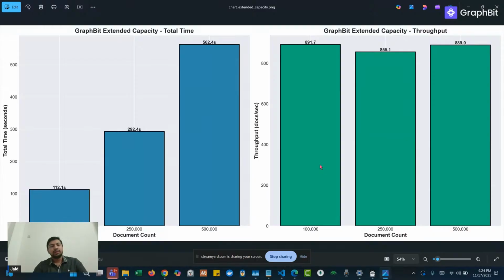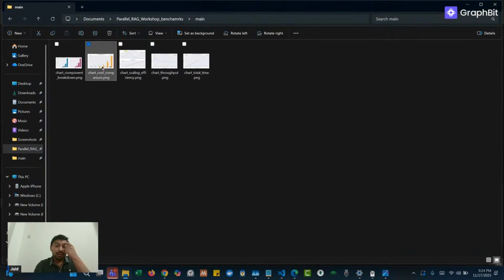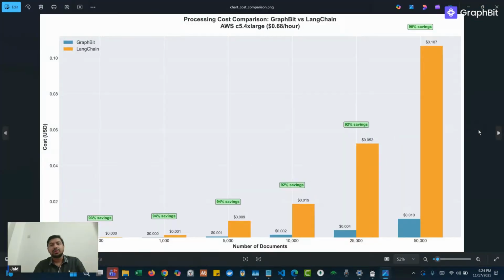So even on this, you can see the computational usage, whether it's 250K documents or 500K documents, it doesn't matter. The CPU utilization and the memory utilization is really still the same. It doesn't peak drastically. So if we go on an ROI cost analysis, a cost comparison on an AWS C5, where it costs